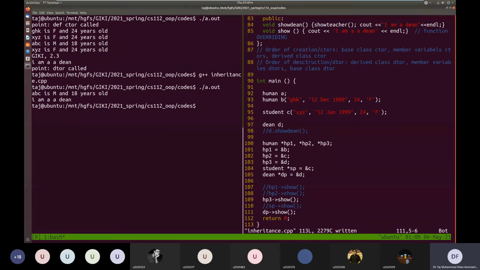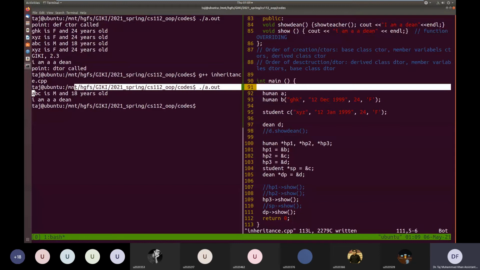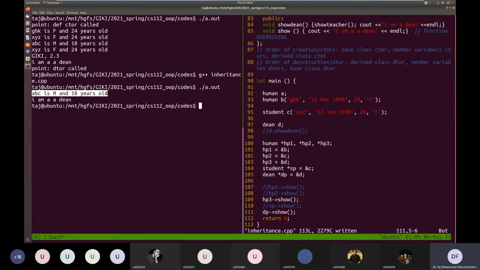When we are using the human pointer, it is calling the show function of the human object inside the Dean object. But when we are using the Dean pointer, then it is correctly calling the show function for the Dean object that we have overridden inside the Dean object.